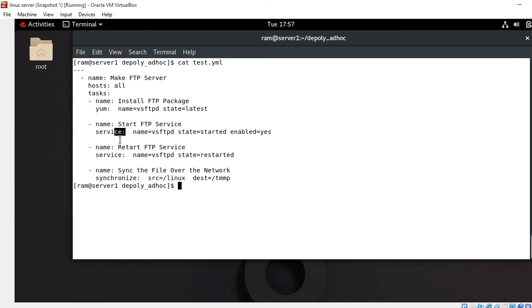The next one is restart the FTP service, again using the service module. And the fourth one is synchronize some file from the control node to the managed host. For this I used the synchronize module. Okay. Now with the help of Ansible tags I am going to deploy this file on the managed host.